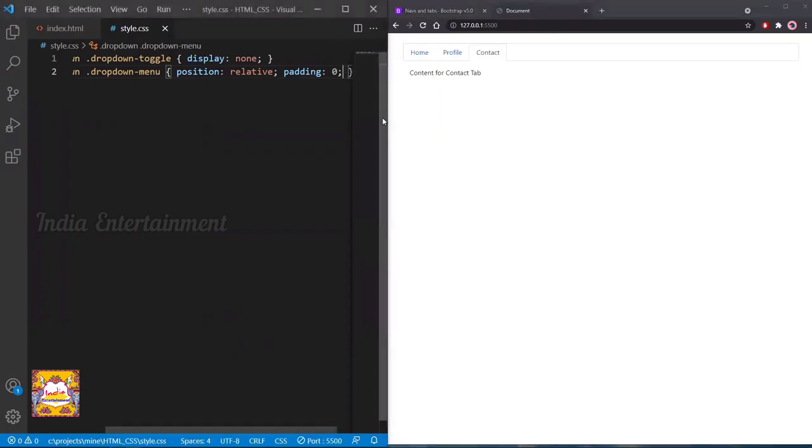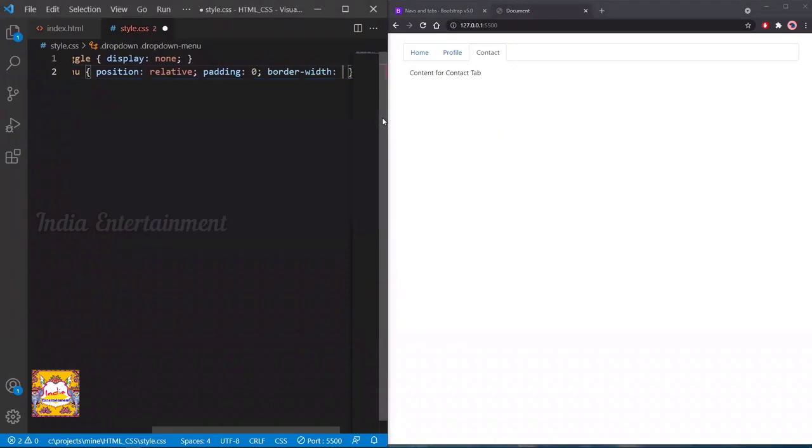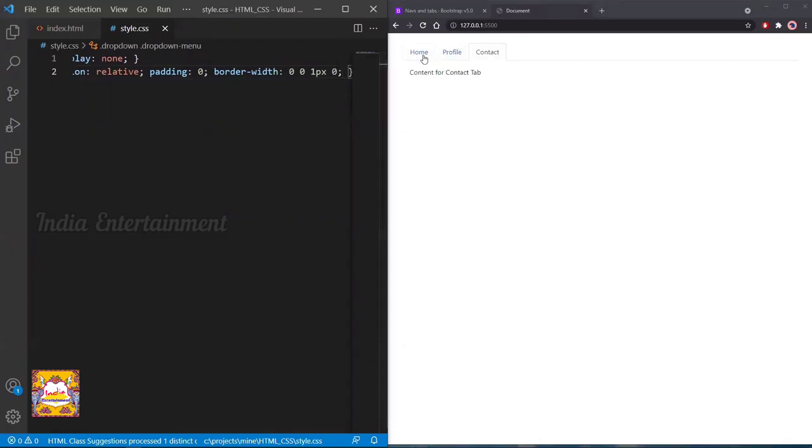For that, border width, top is 0, right is 0, bottom we want 1 pixel, and left is 0. So now it is looking the same as the Bootstrap default one.